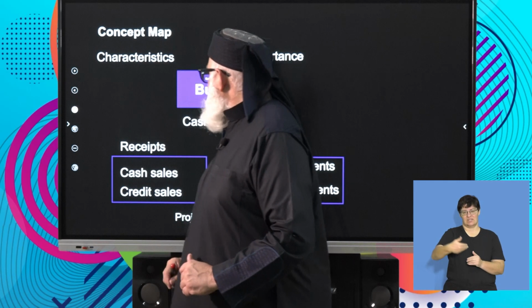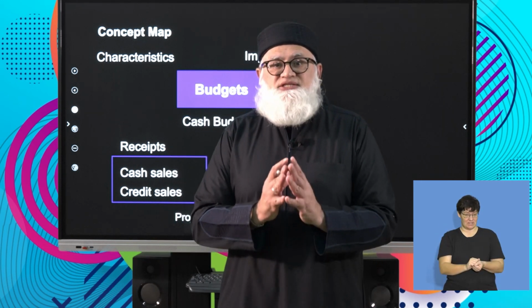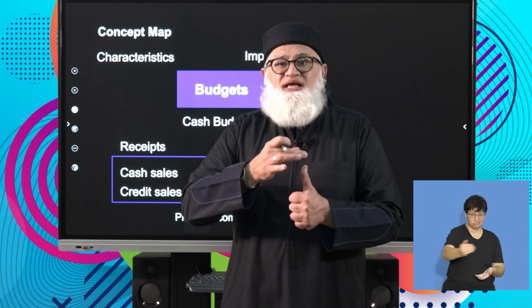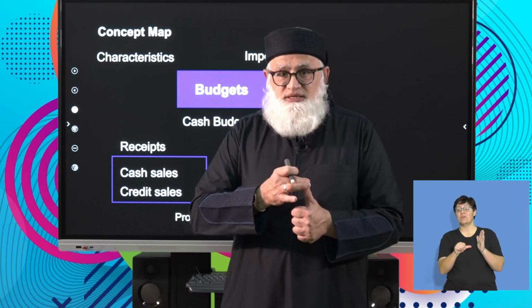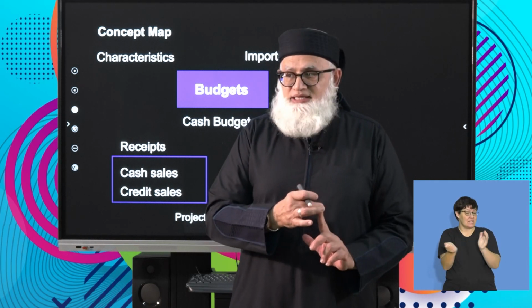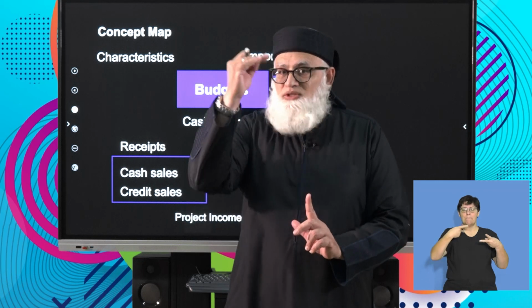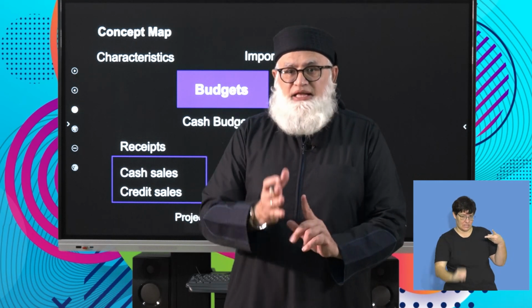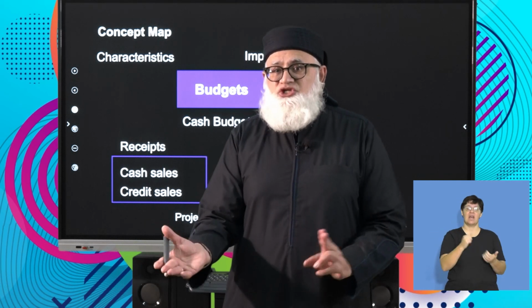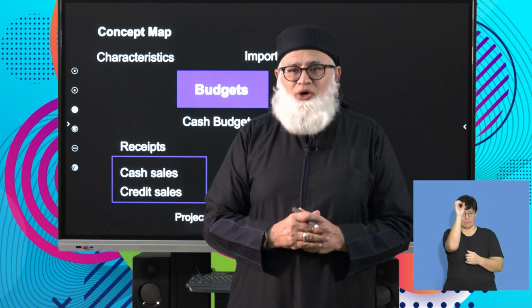Okay. In summary, when you are doing a debtors collection schedule, most important figure is your credit sales. Once you've ascertained your credit sales, you now look at your trend. What is my trend? What are my percentages? And then you just go back to your credit sales, calculate your percentages, and voila, you've got your answer.